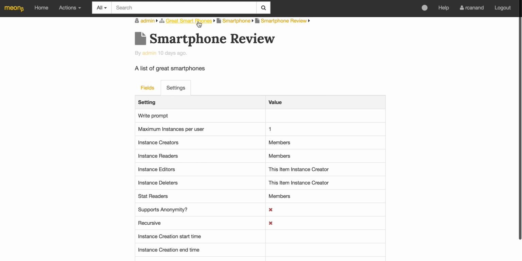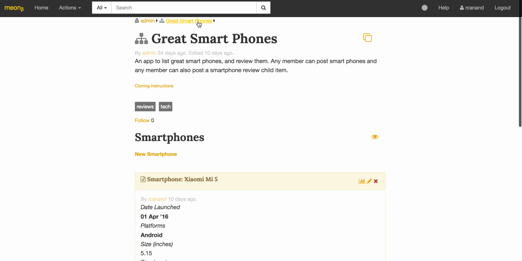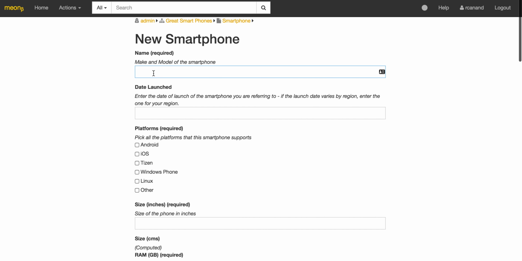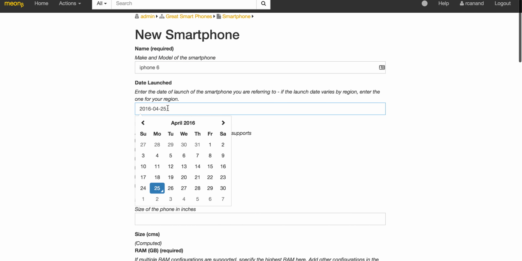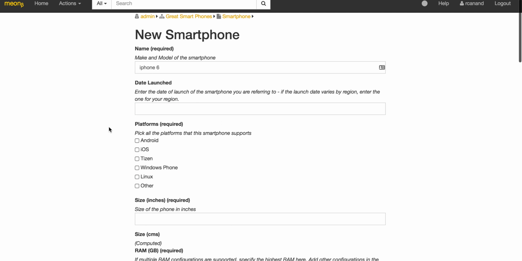So in order to do that, let's see, how do I do this? Let me create another smartphone, so that I'll be able to show you how that works. Let's say iPhone 6 or 7 that's coming out right now. And let's say, I could actually specify a date. Since it's a date field, it'll allow me to pick a date with a nice date picker here. These are just little asides to see, and I can pick, it's an iOS phone,